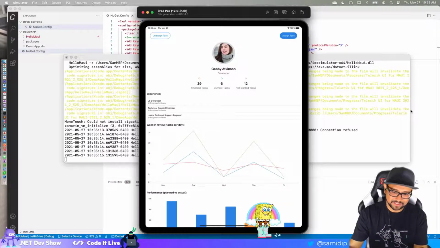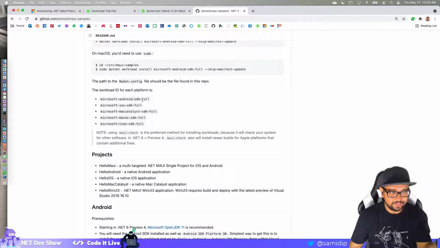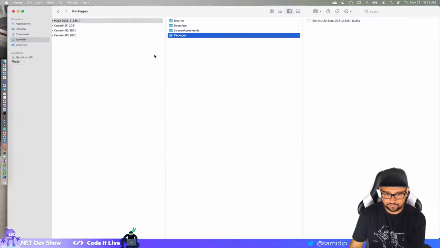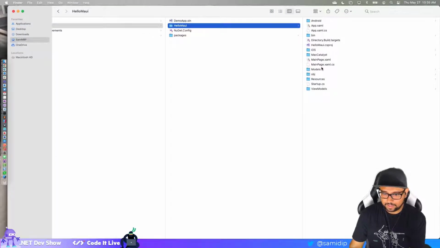Okay, so that's how you run this app on a Mac. So nothing out of the ordinary. Just make sure you have these workloads, because otherwise we can't run it. And the key point here is we don't have support for Mac and Windows yet. It's coming. It's just not there yet. So don't try Mac, don't try Windows. It's going to fail gorgeously. But try iOS and Android. That's where it's meant to work. And this is pretty apparent. If you go look into the demo app folder, this Hello Maui, it has